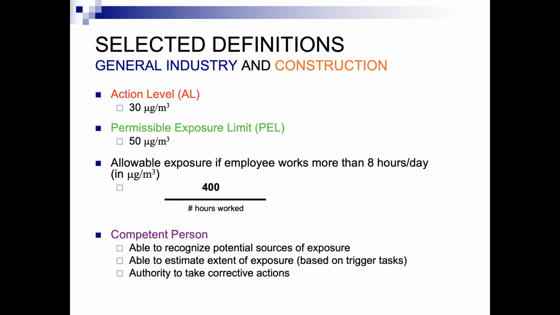And then, as I said, there is something called a competent person. A competent person under an OSHA standard, a substance specific standard, is where you'll see this term. They have to recognize potential sources of exposure, and in this case, exposure to lead. They're able to estimate the extent of the exposure. And if you're dealing with construction, we talk about something called trigger tasks. And they have to have, which is the hardest part, the authority and the assertiveness to take corrective action. So if they see someone doing something wrong, let's just say we have tools